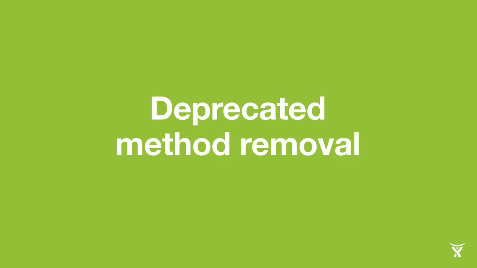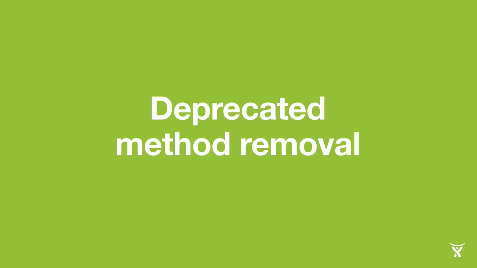So 7.0 being a major version, we reserve the right to actually do some cleanup around our API. There's a large number of deprecated methods inside the JIRA API. I think it was north of 10,000 or something at last count, which is pretty depressing. So we would love to go through and do a lot of cleanups, but we can't talk about the intricate details of every single change that we're making right now. So you need much better tools to be able to keep in the loop. So I'm going to go through about 5 or 6 different things that you can do there.